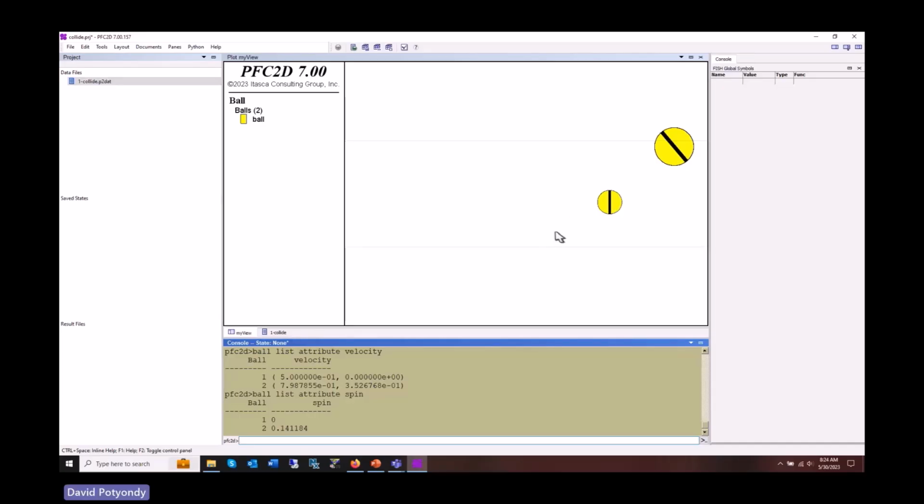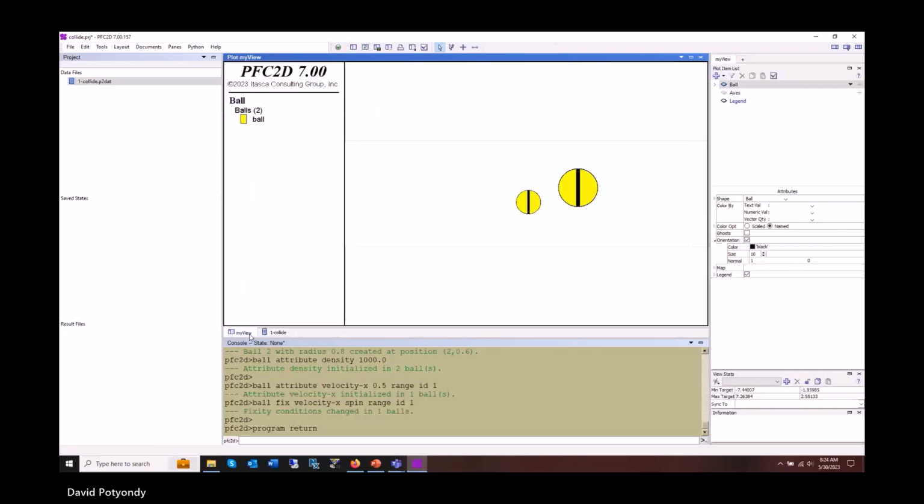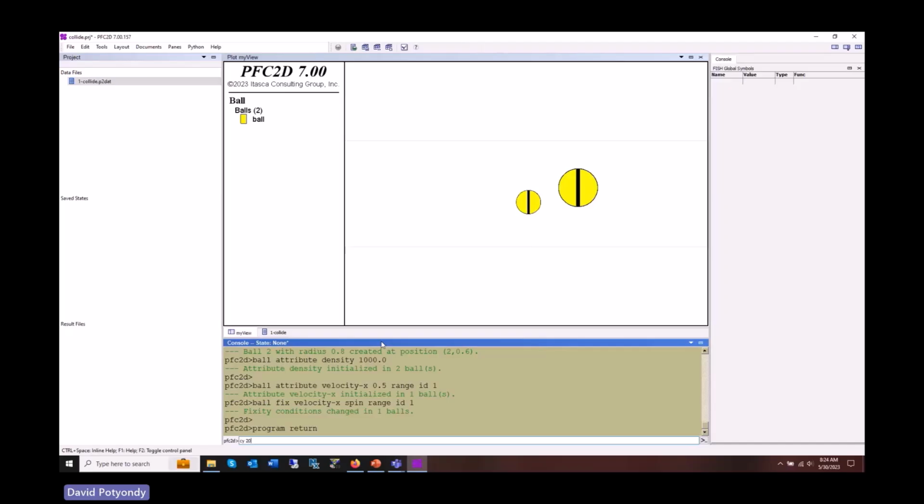What if I did one thing to test you to see if you understand this? I'm going to leave the y velocity free for this ball. And what do you think is going to happen? So if the y velocity is free, this guy is going to be free to respond to the force F equals ma, which is going to make him start going down. All right, so now if I do cycle 200,